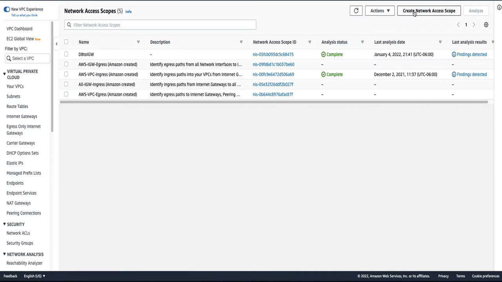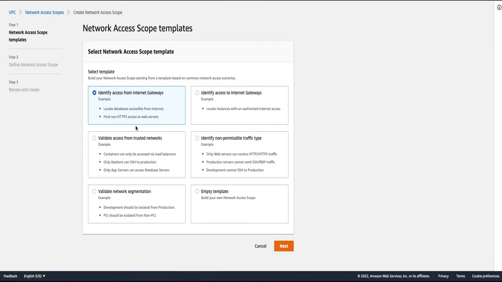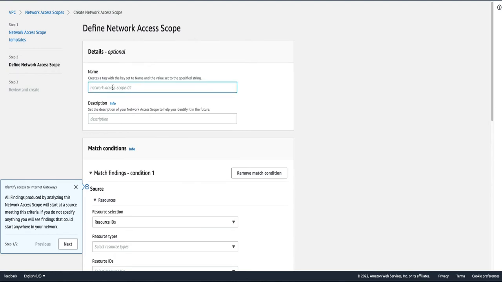So we'll create one for this demo, and when you try to create it, you will get some templates. There are different templates based on your use case and requirement. You can choose one, or you can start from empty as well. I'm going to choose identify access to internet gateway. Let's give it a name,